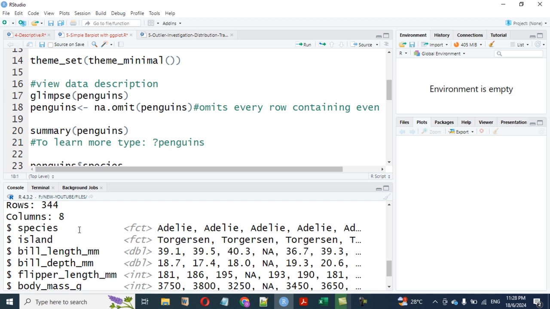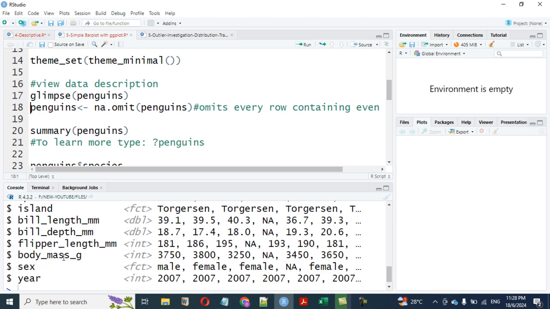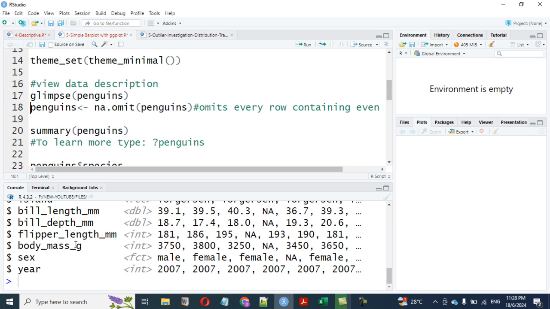It has species, island, bill length in millimeter, bill depth in millimeter, that is the bill length and the bill depth, flipper length, and body mass in gram. The gender, sex, either male or female, and we have a year. Oh yes, there are some NA values,